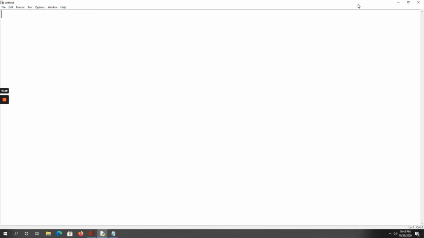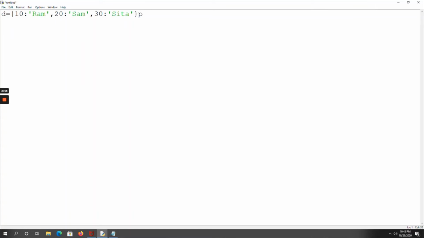See here, I am creating a dictionary D equal to, where 10 is my key element and I am taking Ram as a value, and 20 is my key element and Sam is another value, and 30 is my key element and Sita is another value. Okay, so these are my key value elements in my dictionary.